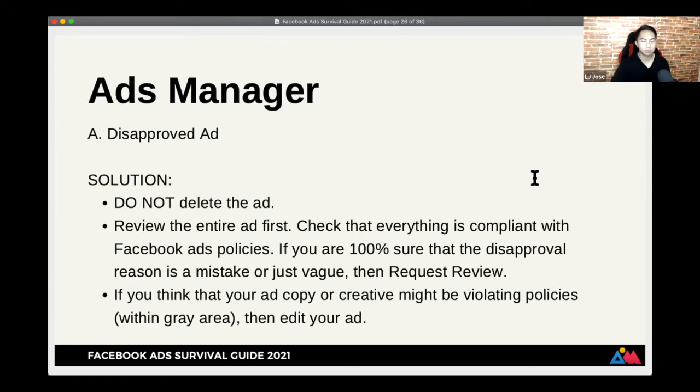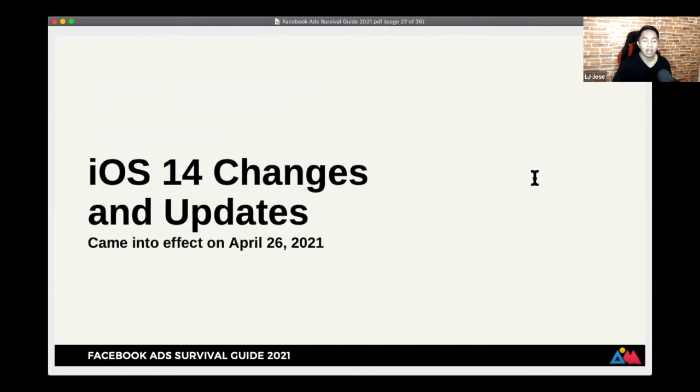So this is almost medyo technical siya, guys, right? That's okay. Kasi paminsan Facebook ads is really a technical thing. Dati siguro easy lang siya, boost and whatever. Ngayon, there's so many things na kailangan i-consider, okay? And even us na mga veteran na here, who've been a lot of years, paminsan naninibago rin sa updates and changes. So we are sharing this information with you para hindi nyo makommit din yung mga mistakes namin before. Okay? Learning from our mistakes. All right, let's go na to the iOS 14 changes and updates.